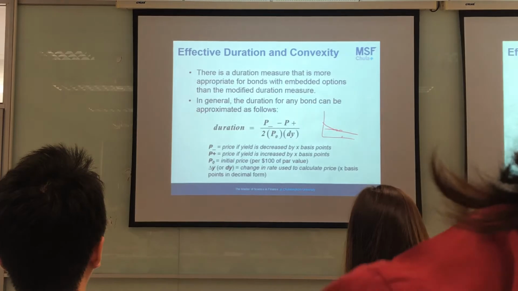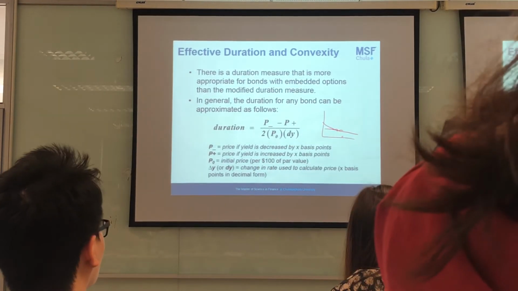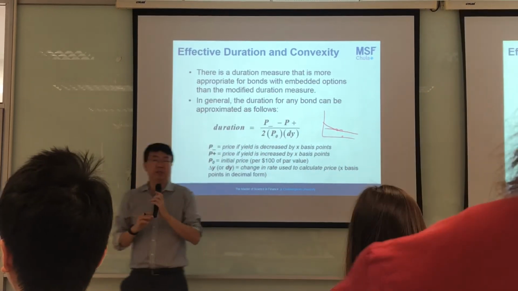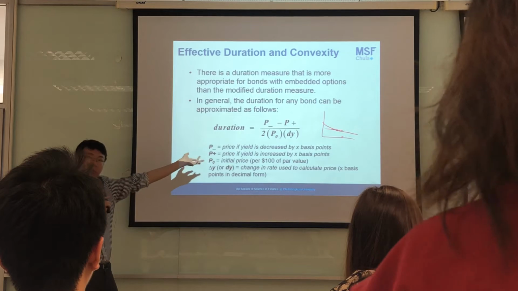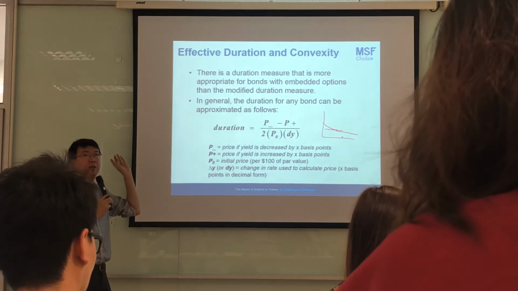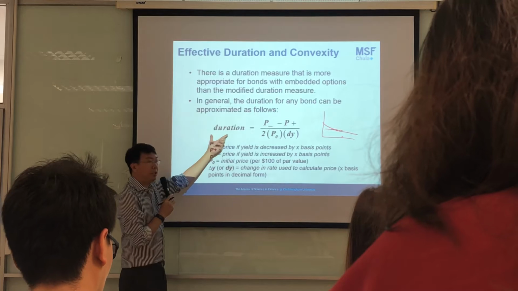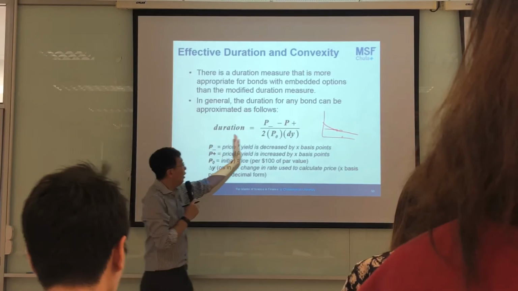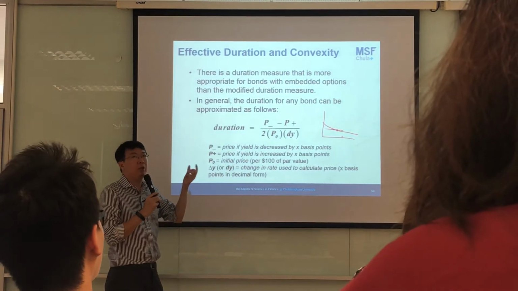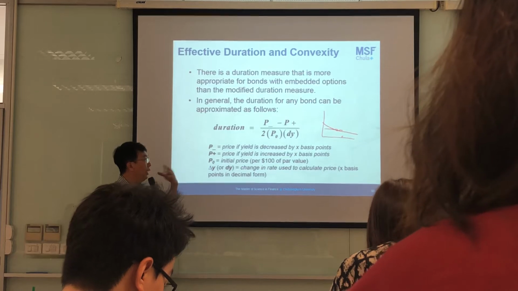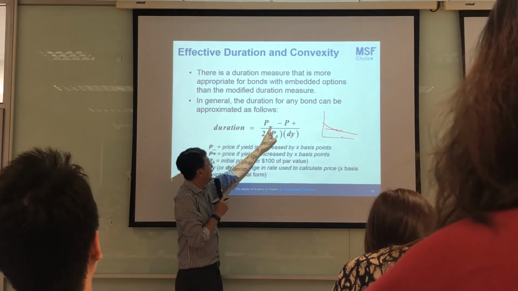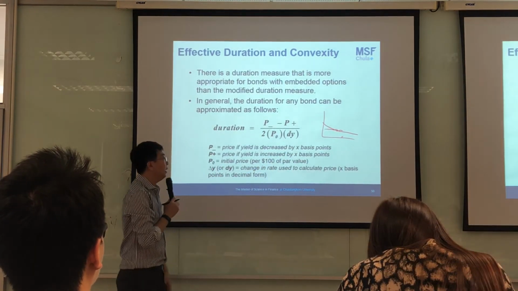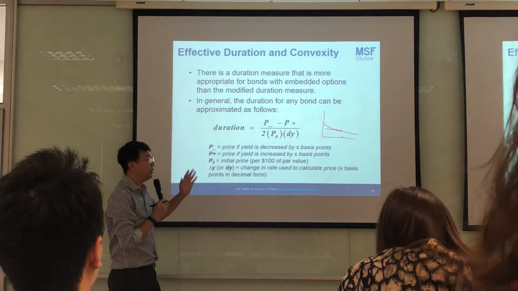So in order to estimate the duration for a bond with an embedded option, we have to go back and use the approximate duration. Here is the formula that we have seen before. This is the approximate duration formula. To come up with the approximate duration of the bond with the embedded option, we re-estimate the value of the bond price, assuming that the yield decreases by a certain amount, x basis points. As we mentioned, right, when the yield decreases,